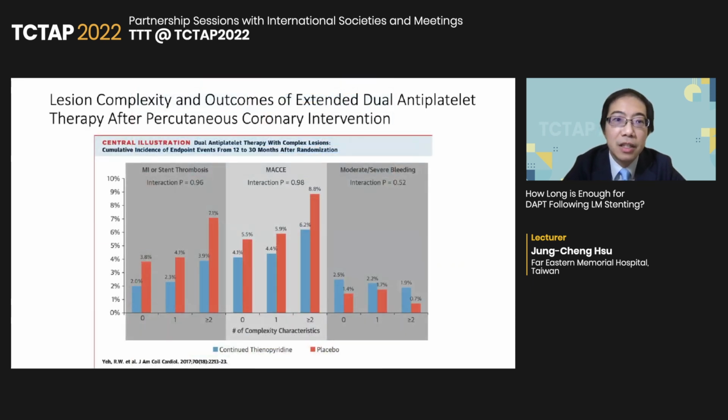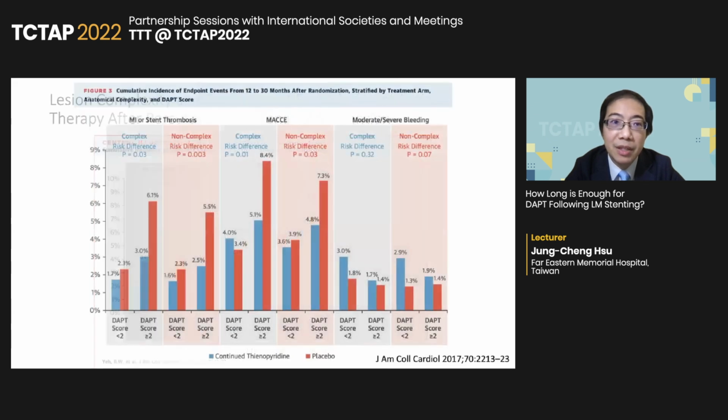Dr. Yeh has analyzed the lesion complexity and outcome of extended dual antiplatelet therapy after PCI. As the number of complexity characteristics increased, the MACE rate increased, but not the major or severe bleeding. But when we look into the endpoint events from 12 to 13 months, only a high DAPT score, that means equal or greater than 2 points, makes the difference in the MACE rate, but not the lesion complexity. So maybe in the long run, the patient factors play the major role in the outcome,